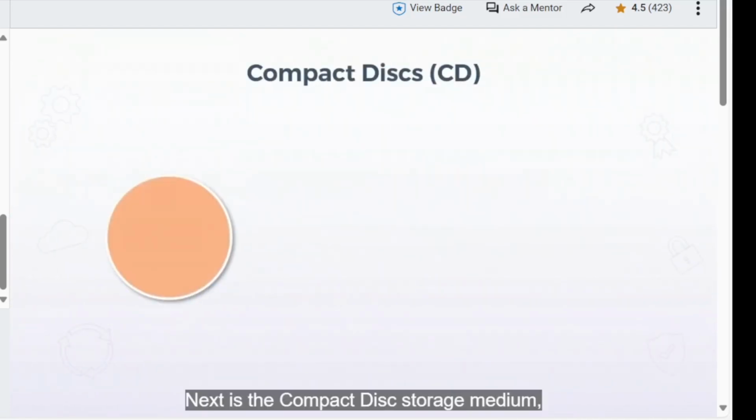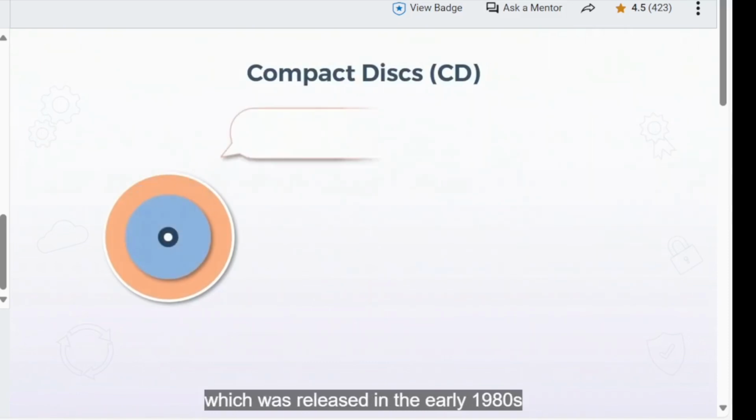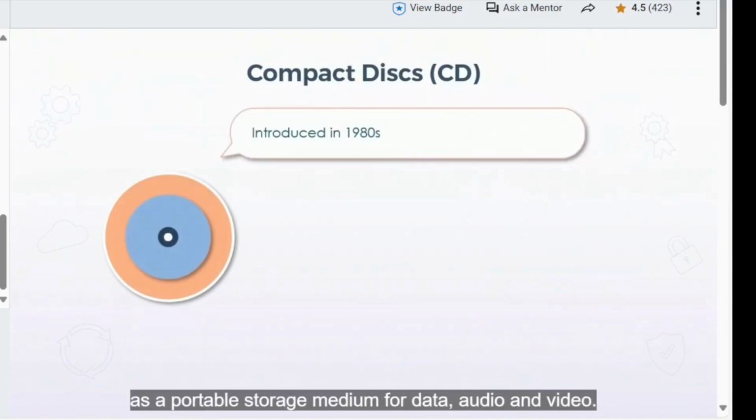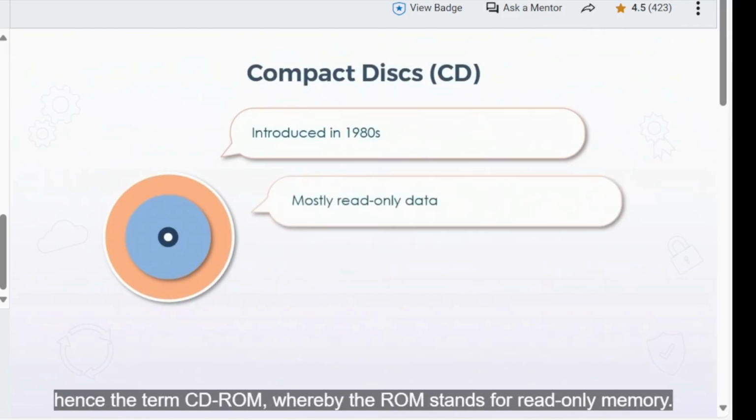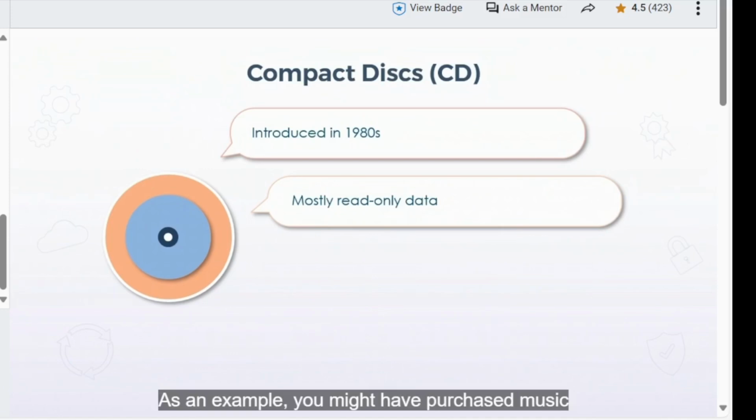Next is the compact disc storage medium, which was released in the early 1980s as a portable storage medium for data, audio, and video, but at the time it was primarily a read-only mechanism, hence the term CD-ROM, whereby the ROM stands for read-only memory. As an example, you might have purchased music or perhaps software on a CD, but you could not write any information back onto that disk. This did become common afterward, but most of us did not have CD burners at the time that CDs were